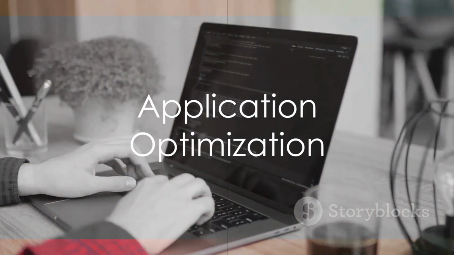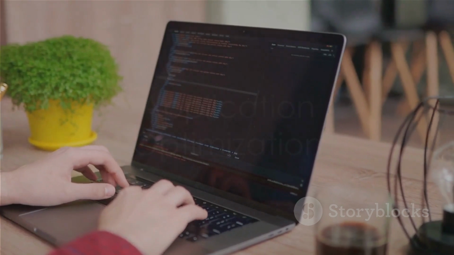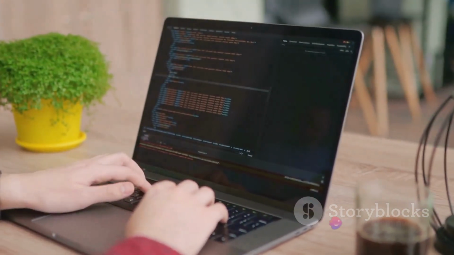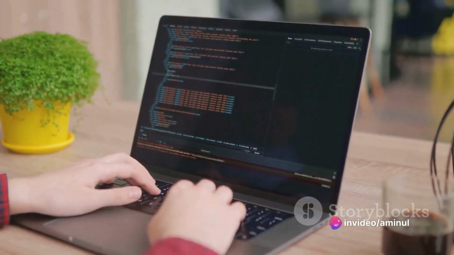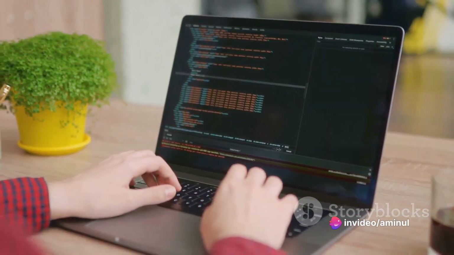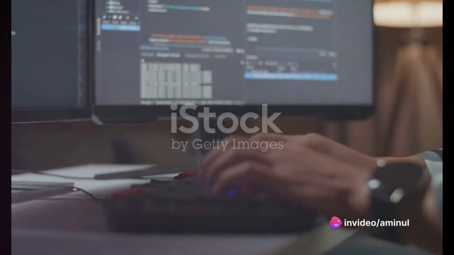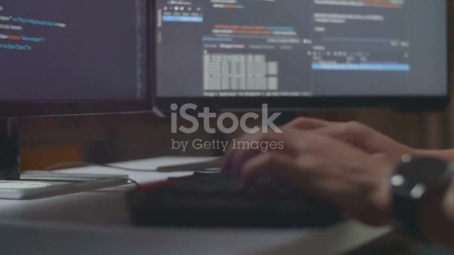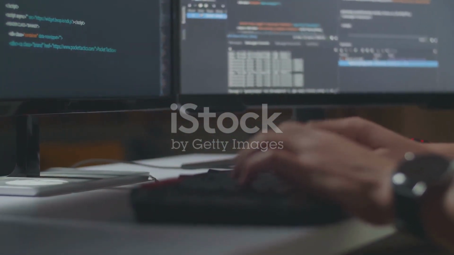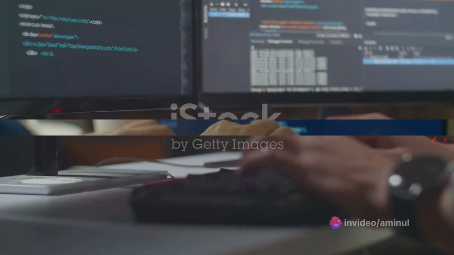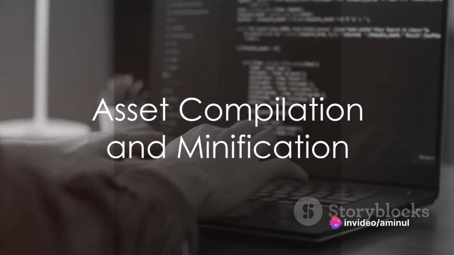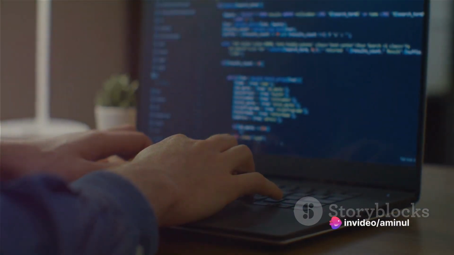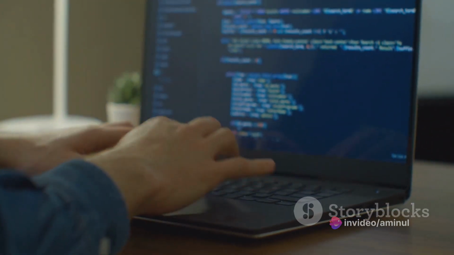Next, optimize your application by running the following commands: php artisan config:cache, php artisan route:cache, and php artisan optimize --force. Make sure to migrate your database using php artisan migrate --force and seed it if necessary with php artisan db:seed --force. Compile and minify assets such as JavaScript and CSS using Laravel Mix by running npm run production